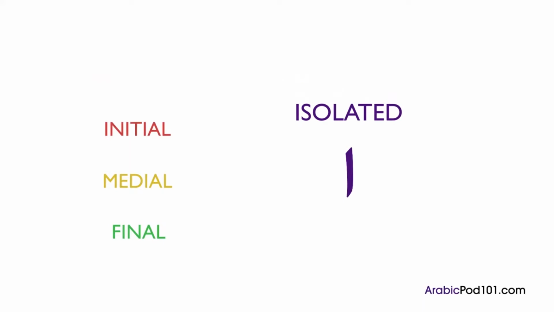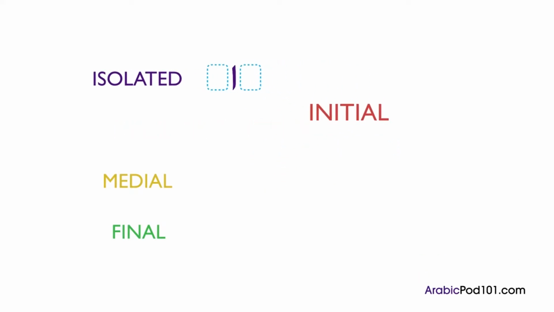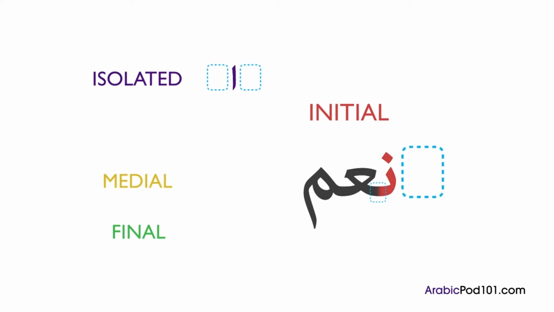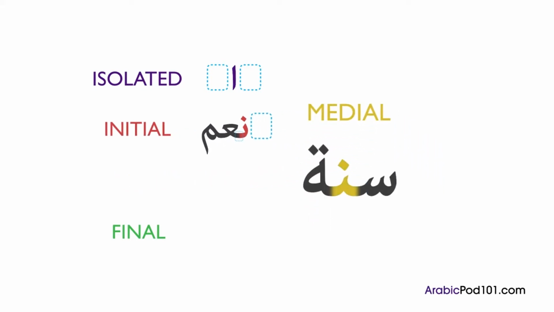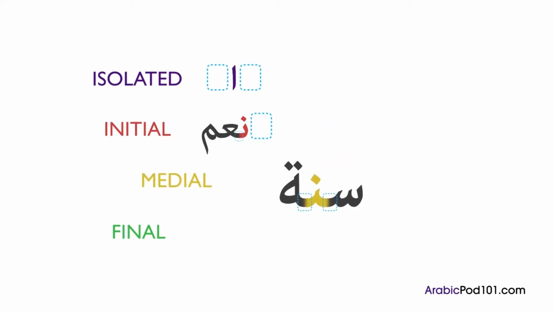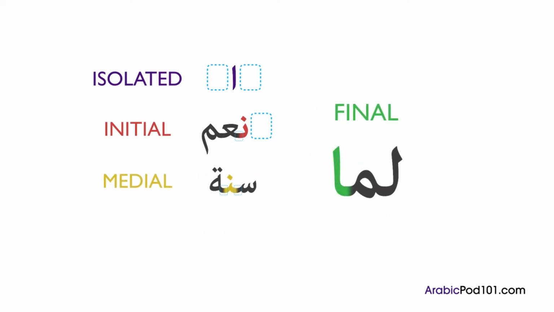Isolated means that the letter has no letters before it or after it. It's the standard form we learned just a few minutes ago. Initial means that the letter lies in the beginning of a word, so it's connected to the letter after it, but has no letters before it. Are you confused because the initial position connects to the letter to the left of it? That's because Arabic is written from right to left. Medial means that the letter is connected from back and front to other letters. And final means that the letter is the last letter in a word, so it's only connected to the letter